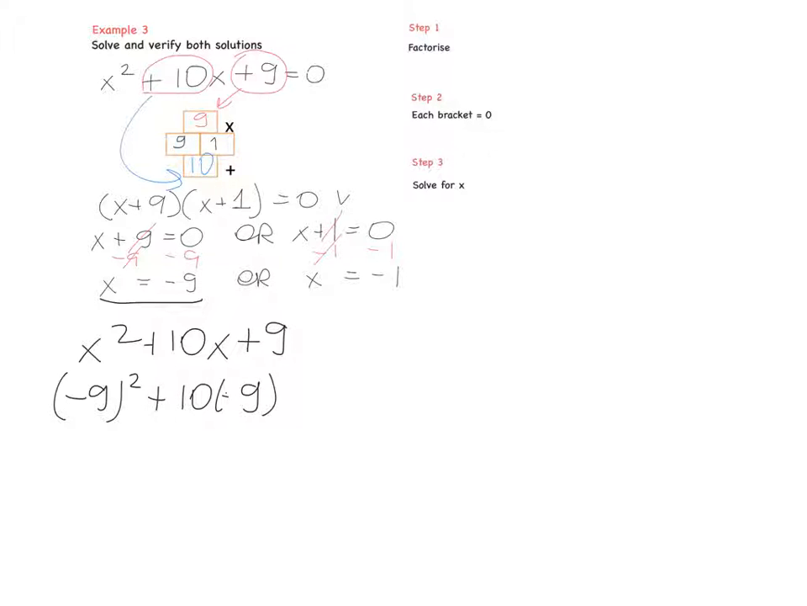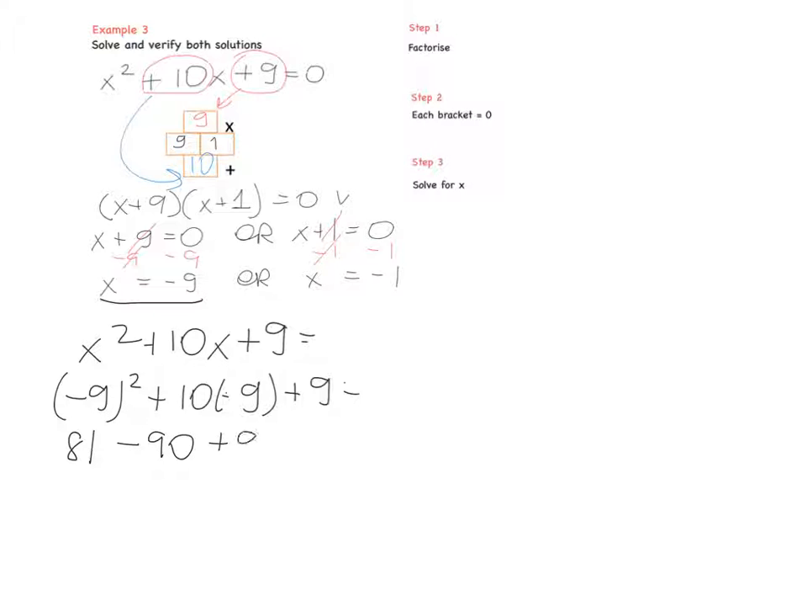Let's make it smaller. So first of all, let's put minus 9 into our equation, okay? So we have x squared plus 10x plus 9. So instead of x, let's use minus 9. So we have minus 9 to the power of 2, plus 10 multiplied by minus 9, and plus 9. So minus 9 to the power of 2 gives you 81. Then 10 multiplied by minus 9, that's minus 90,